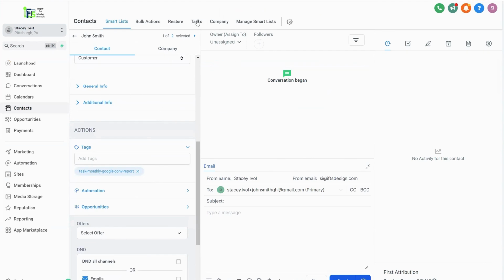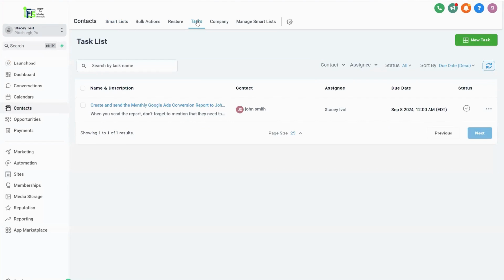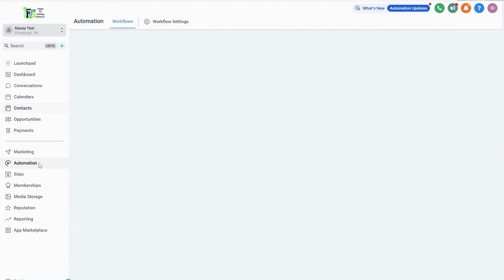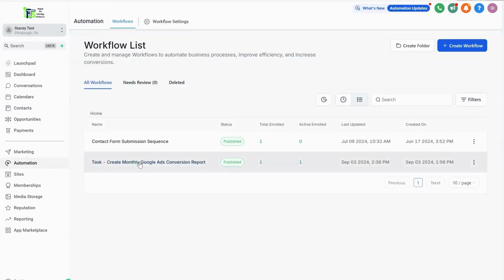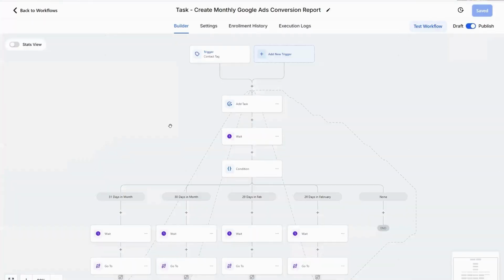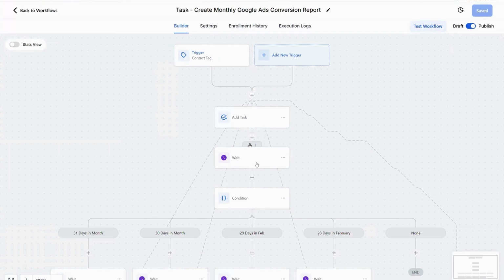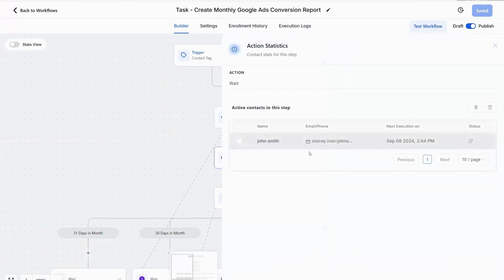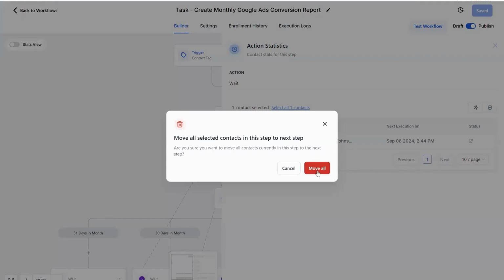So if we go into the tasks, unfortunately, it is not the day that it needs to be to have it due on the 1st, but this is just to show you that in fact it did create the task. And if we look at the automation, you can actually see it is September, and it's going to be sitting here. Now, if I just push him through just so you can kind of see what happens, we're gonna select that, push it through,